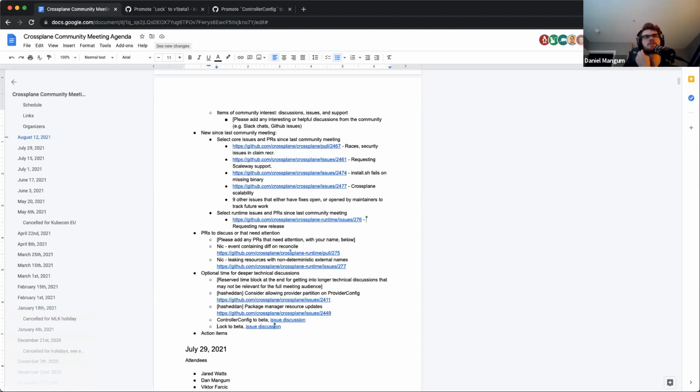Yeah, I'd like for us to factor in both custom compositions and functions, if we want to consider those as packages, and the provider config partitioning, all as a part of this, because those all impact how things are configured and given permissions. So yeah. Okay, cool. So let's continue following up on that then.